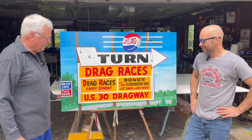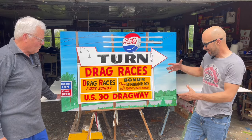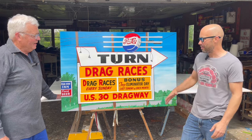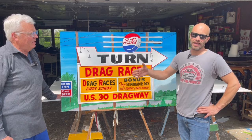Everybody remembers when they see it. Beautiful sign. Yeah, and it's really, really awesome. And like I said, he's going to do me a painting, and Jumping Jack Flash is going to be in there. We got some creativity we're talking about, but it'll definitely be original. And one thing neat, I got talking to Ed last time I was here, and he